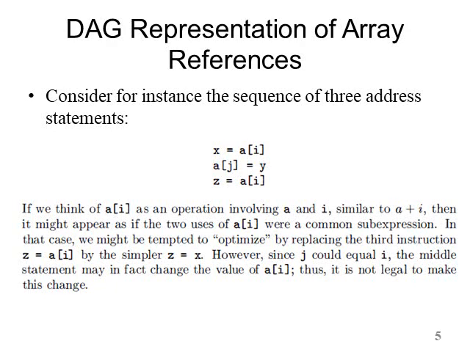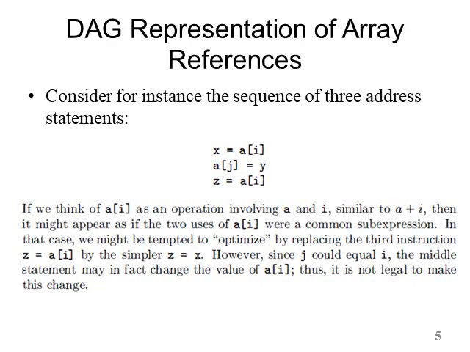Now we discuss the DAG representation of array references. This one is the most important, as in DAG construction we generally try to identify common subexpressions first and then try to eliminate them. But there are some critical situations where a common expression may not actually be a common subexpression. There is some dependency that causes a difference among the common subexpressions.